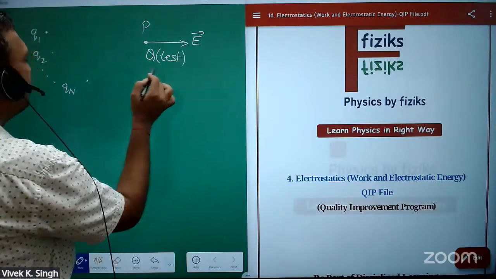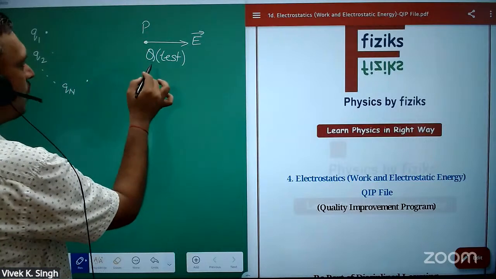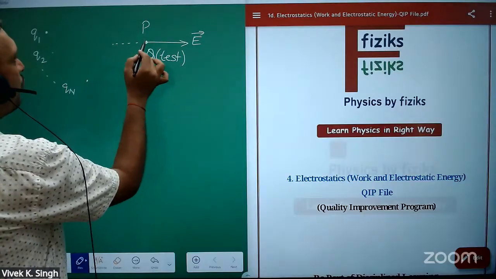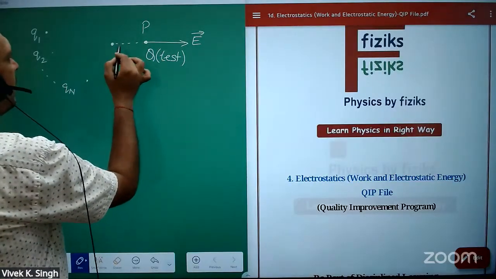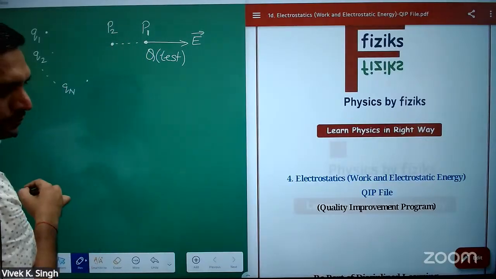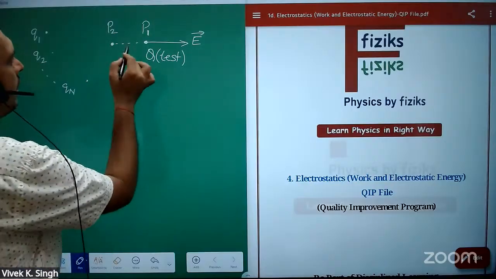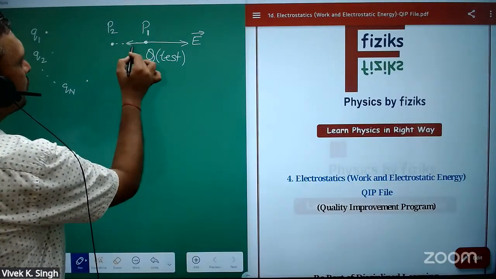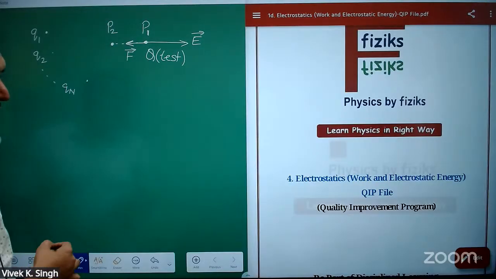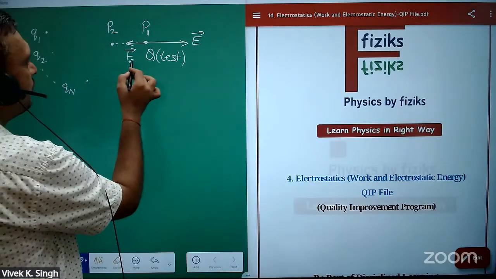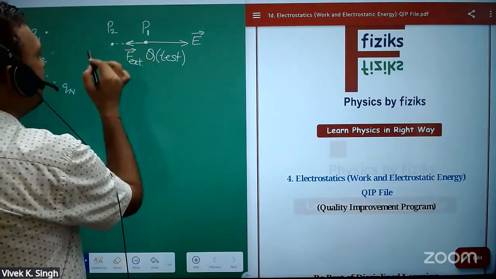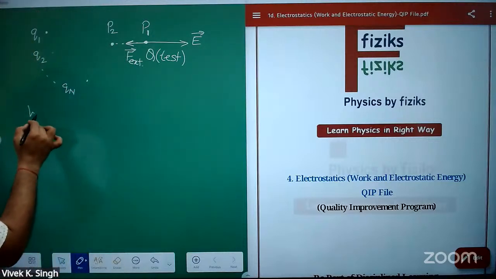I'm assuming the test charge is also positive, and you are moving this test charge from point P1 to point P2. So you have to apply some external force. Let's say this is the external force. So the work done in moving charge Q from P1 to P2 is given by,